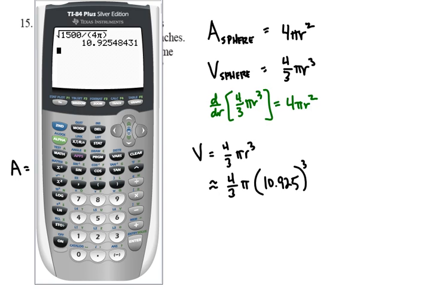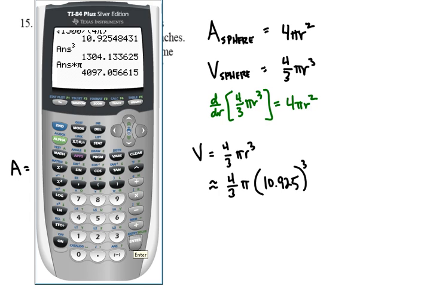So if we take the answer and raise that to the third power, we now get 13.04. Then we're going to multiply that by pi, and we get 4097. Now we need to multiply that by 4/3, so we could just multiply it by 4, divide by 3, and we end up with